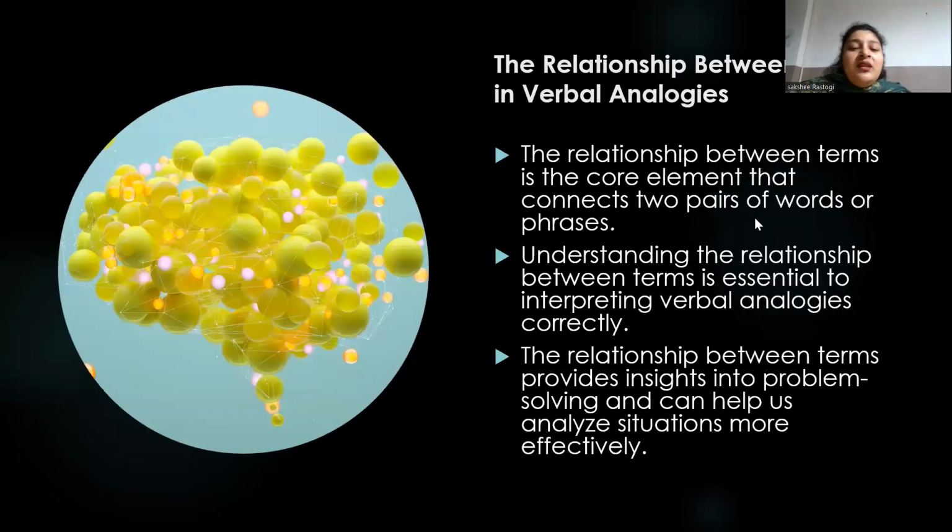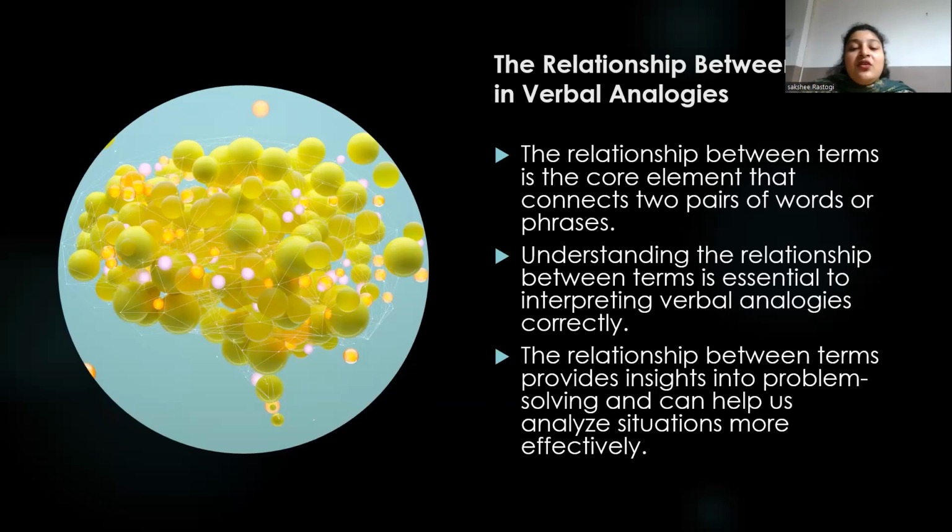What is the relationship between the terms in verbal analogies? In verbal analogies, the relationship between terms can be various, including synonymy, which means similar meanings; antonymy, which means opposite meanings; hyponymy, which is general to specific; hypernymy, which is specific to general; meronymy, which is part to whole; holonymy, which is whole to part; causal relationships, which is rain is to flood; analogical relationships, like eye is to see and ear is to hear; associative relationships, like doctor is to hospital; classification, like lion is to mammal. So understanding